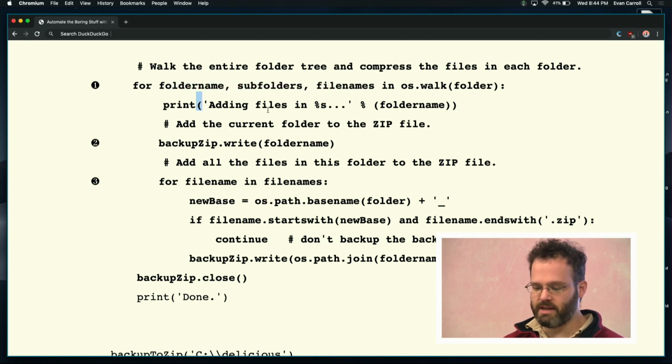And then we say print adding files in, and we take a string, just one, folder name. So whatever that first thing is, adding files in folder name. We say backup zip.write, we have that zip, folder name, right? So we're writing to the backup zip the folder name. Now we're going to add all of the files in this folder to the zip file. For each file name in file names, so remember, this guy over here is a,